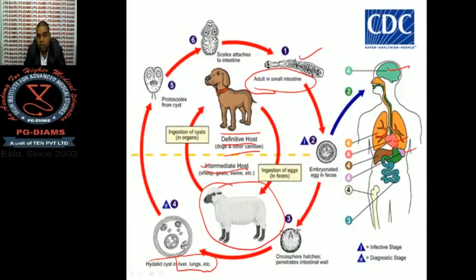And how do these hydatid cysts reach over there? The thing is, if embryonated egg is present in the feces of a dog, and if by any way we touch the soil having this embryonated egg, having feces of dog, then this egg enters our intestine, and from here it reaches the blood circulation through heart, and then it can go to all of these parts, which are indicated by 4. So the answer is adult form is present in small intestine of dog. Okay,